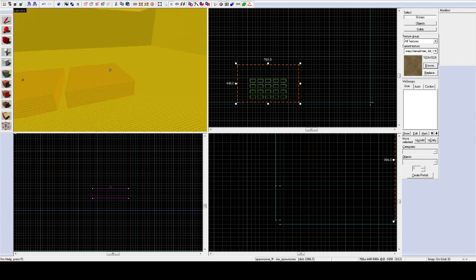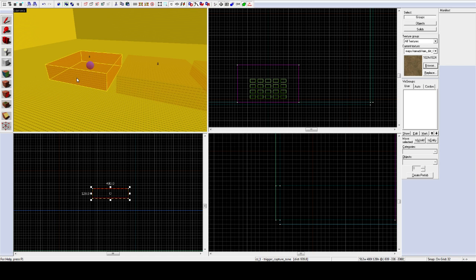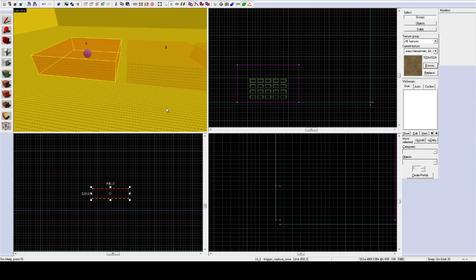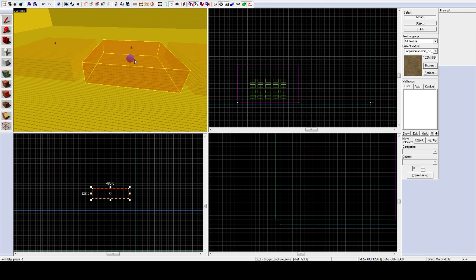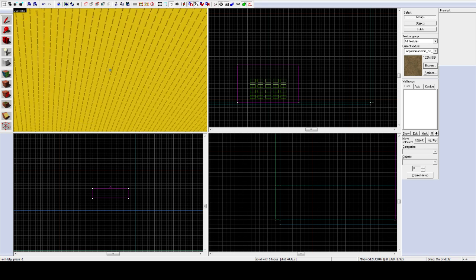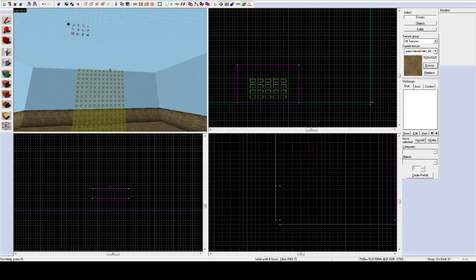More importantly, I need to go down to these control points. And I need to change the names. So I'm going to open those and type in cap 1 for my name. I'm going to hit apply. Go to this one, go to the second one, type in cap 2 for the name, hit apply. Go into cap zone 3, type in cap 3 for the name, and hit apply. Now we're fine. I have saved it, but unfortunately for me,